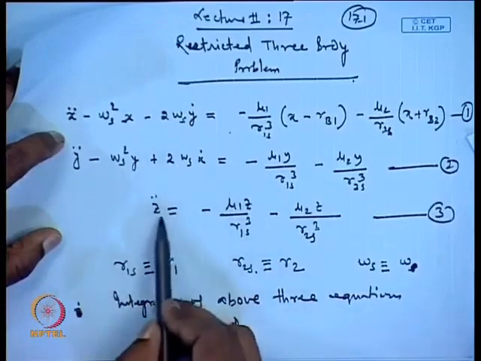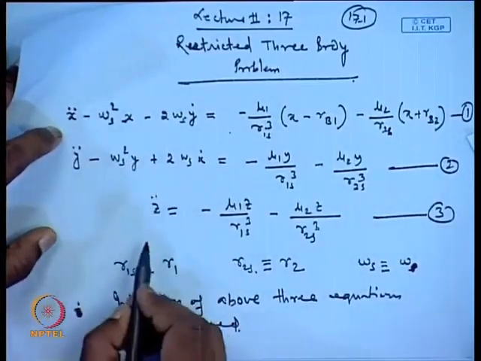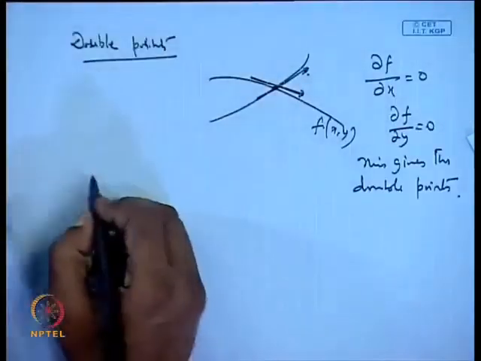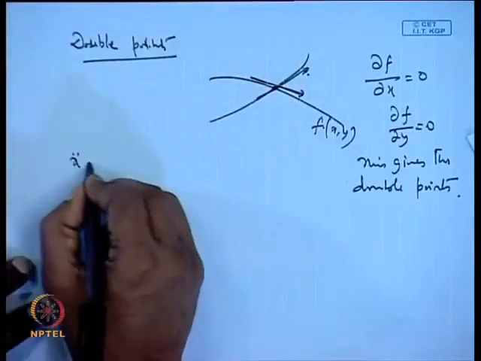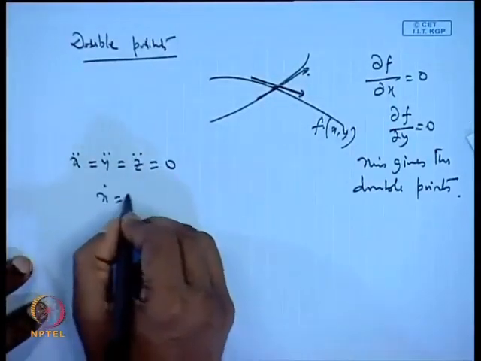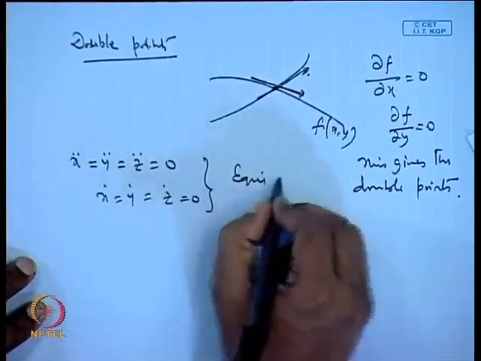Of course, here z dot is not present in this equation, but the equilibrium point also refers to x dot, y dot equal to 0. So, we have x double dot, y double dot, z double dot equal to 0 and x dot, y dot, z dot equal to 0. This gives us the equilibrium